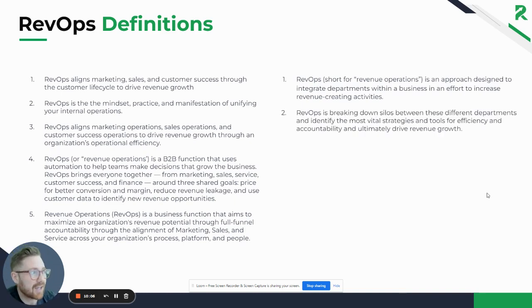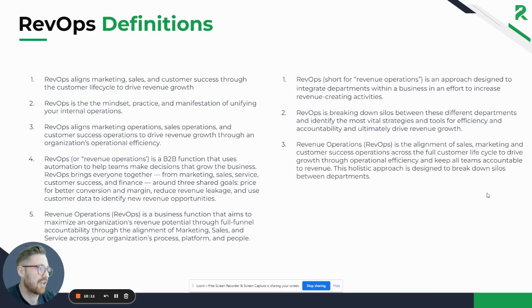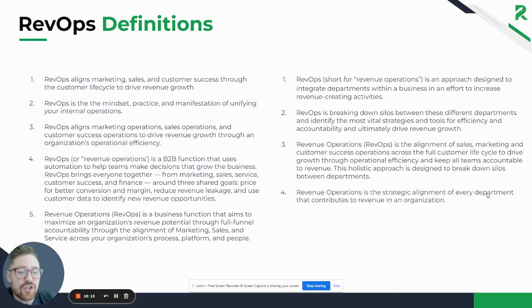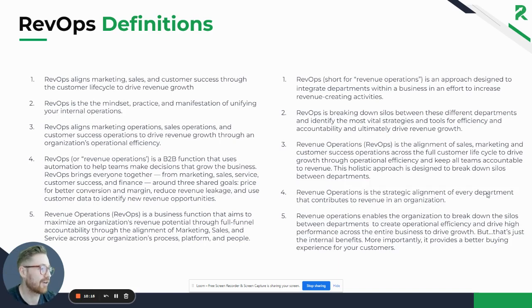It's about breaking down silos between these different departments and identifying the most vital strategies. It's alignment of sales and marketing. It's a strategic alignment. It's enabling organizations to break down silos. Come on. Like,